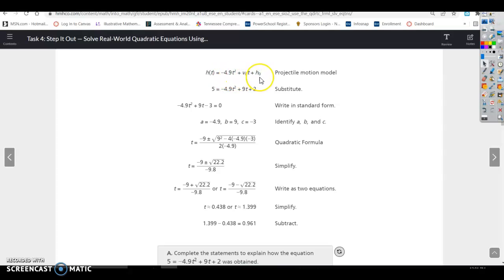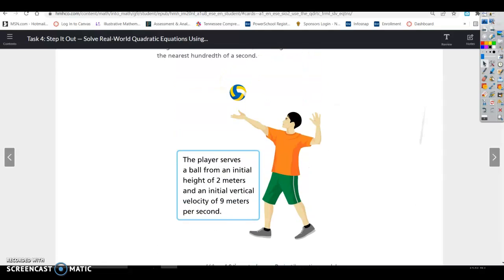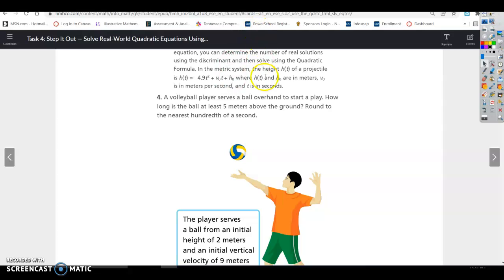The model just means the equation that we're going to use and substitute in the information that we are given. Again, above, it tells us that h of t and h sub 0 are in meters, v sub 0 is in meters per second,